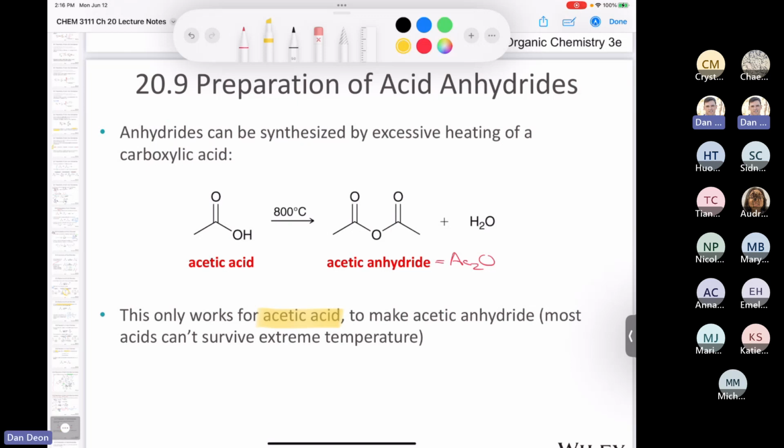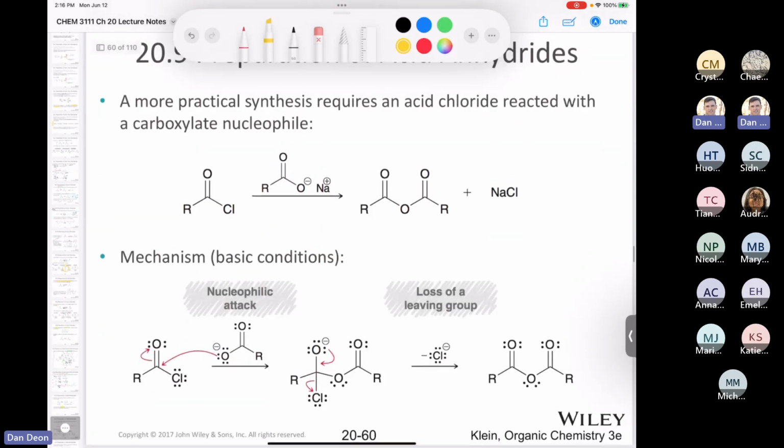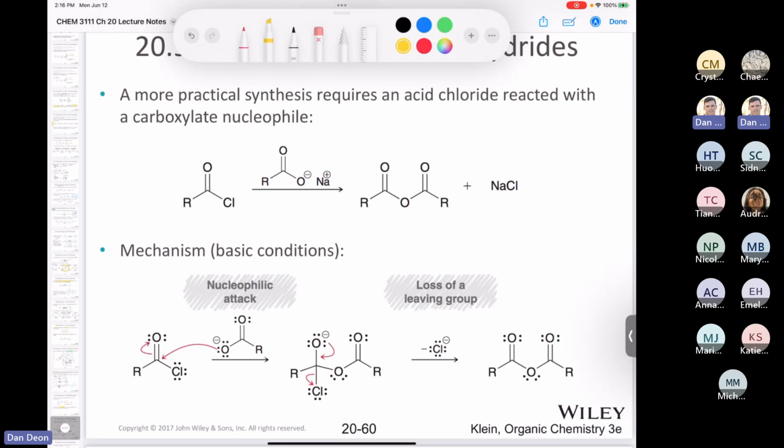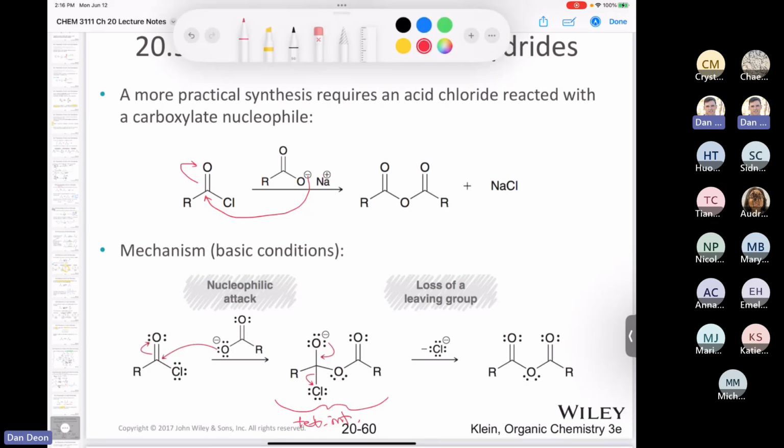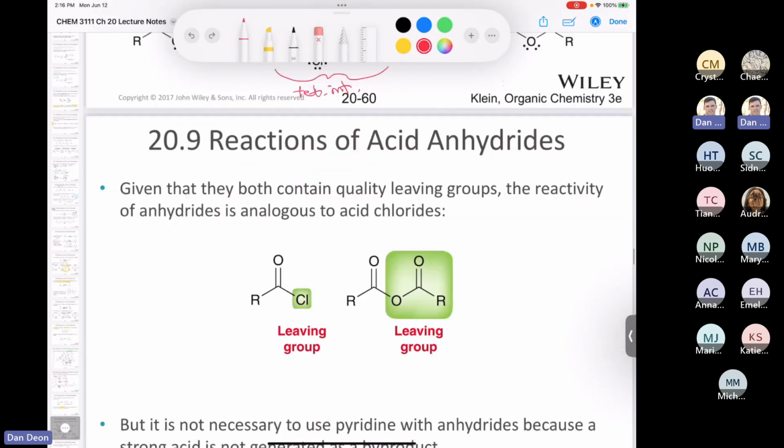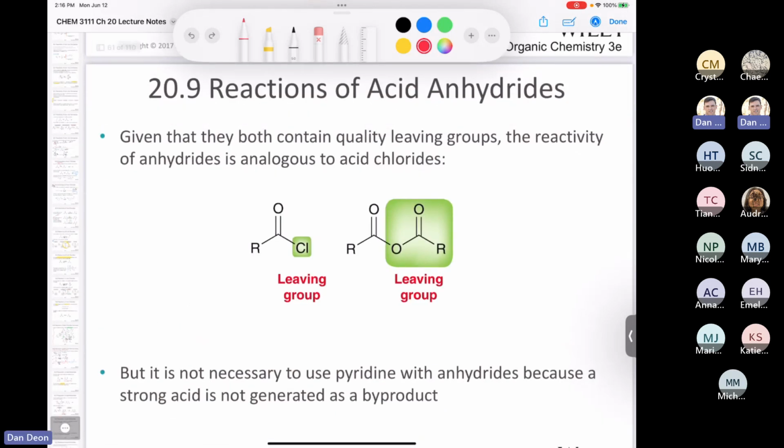But if you want to make any other kind of anhydride, or an asymmetric anhydride, a more practical way is to take an acid chloride and treat it with a carboxylate, because the carboxylate is a good nucleophile. You see the mechanism down here at the bottom. We have our nucleophilic attack, form the tetrahedral intermediate, and then lose chloride as a leaving group and form our anhydride. And of course, in this case you'd also end up with sodium chloride at the end. So given that an acid chloride and an acid anhydride both contain a good leaving group,